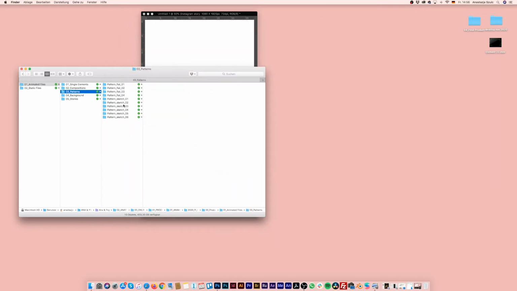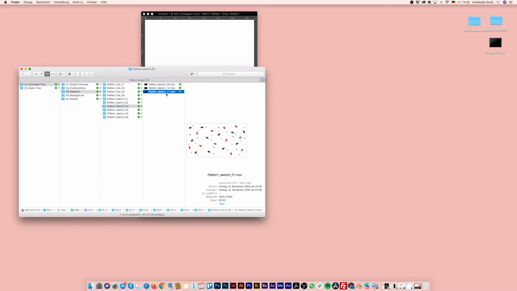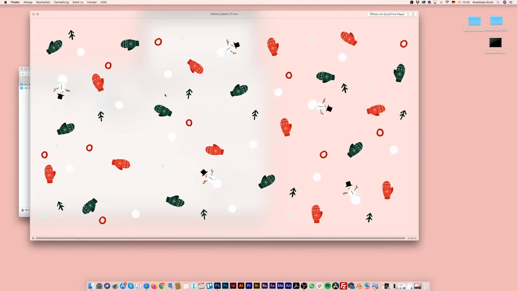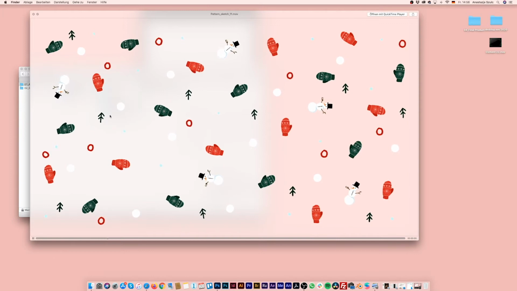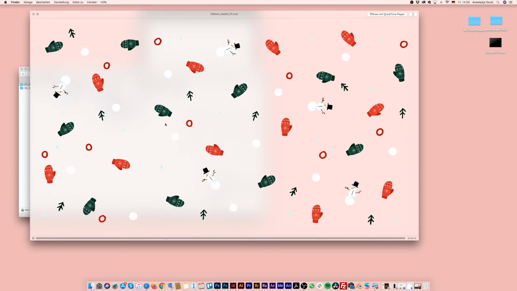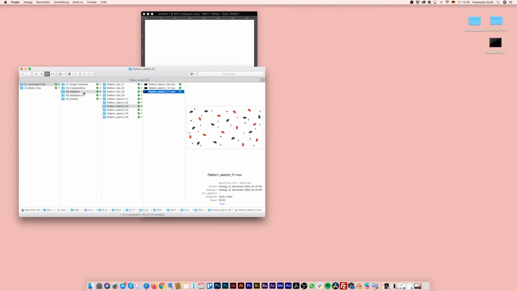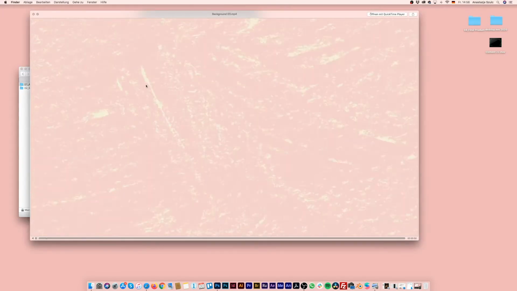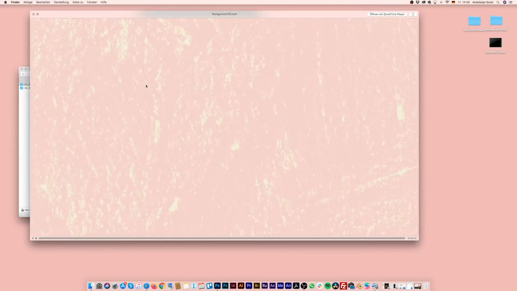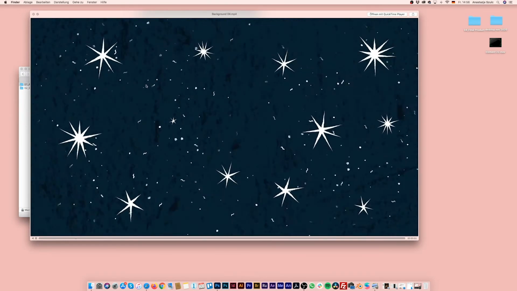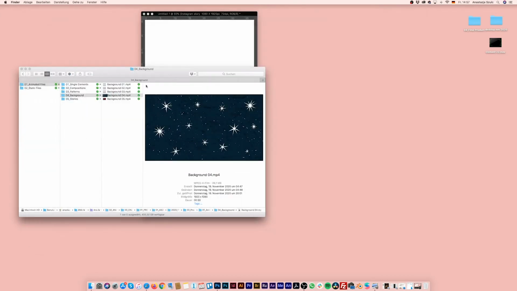Then we have the patterns. They are also available as flat and as sketchy style patterns. They have a transparent background, so you can drag them directly onto your YouTube video, for example. Each file has a length of 30 seconds, and you can use them as backgrounds, like these cute backgrounds you can also see in the preview video.